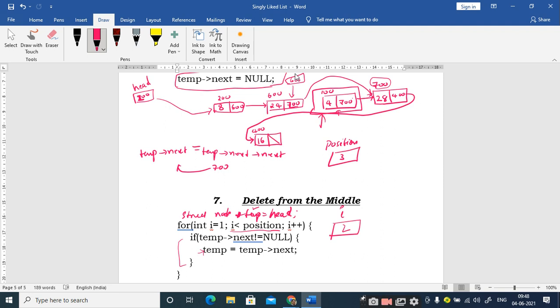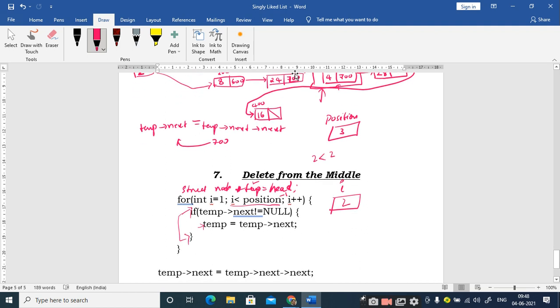So I make the modification like i less than position minus 1. Right. So if I make it like this, it is 2 less than position minus 1, which is 2. Therefore the body of the for loop will not be executed. It will come out of the for loop and my temporary pointer is pointing to this location. At this point, I should change temp next to temp next of next node.